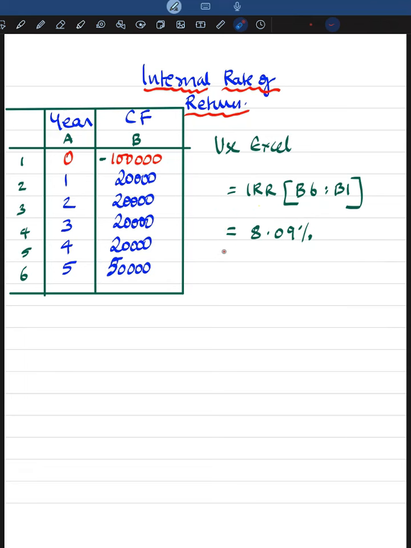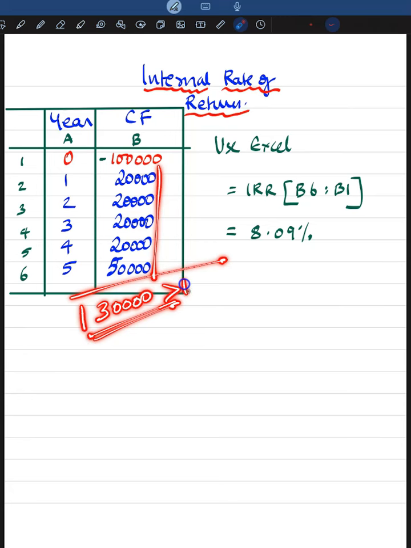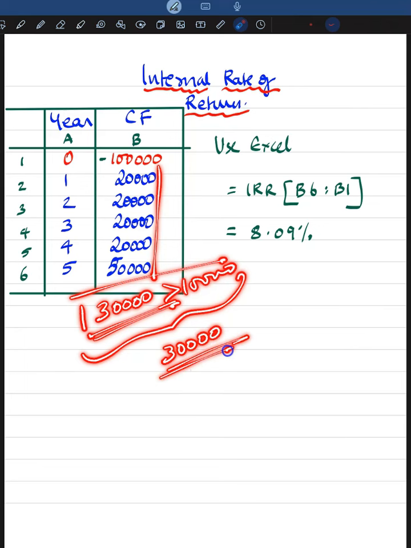And you know what that is? It means this investment of 1 lakh, we know it has generated in aggregate 30,000, right? Because 1,30,000 was the total cash generated, which is greater than 1 lakh, and we understand that the return is 30,000. But this 30,000 is not received in a single year. It is rather spread over a period of 5 years. And this 30,000 cannot be simply divided as 30,000 divided by 5, that is 6,000 per year. It's not like that. It is spread across 5 years.